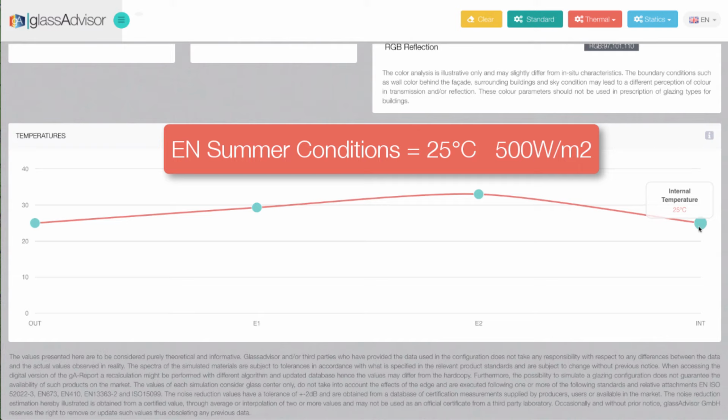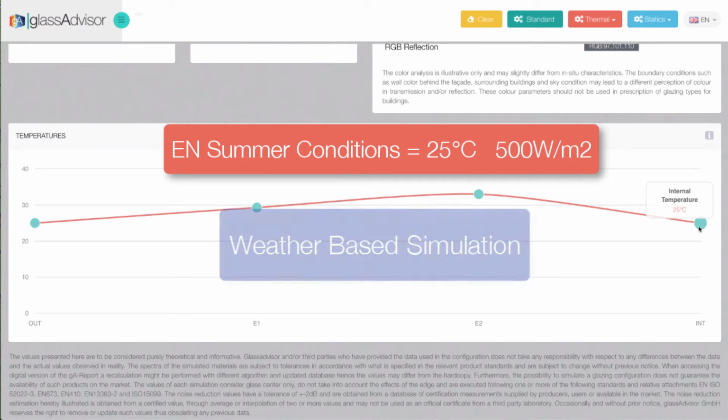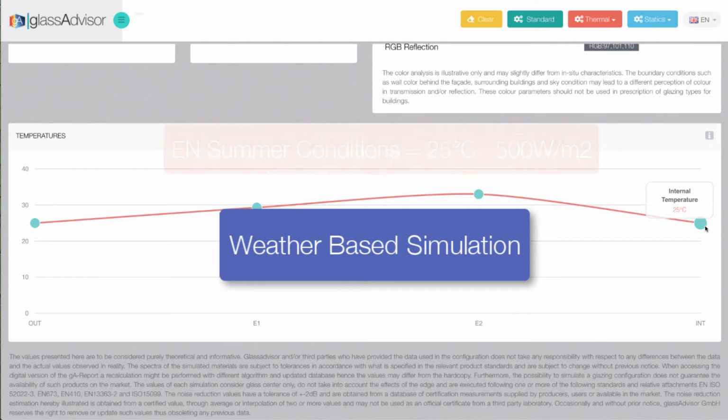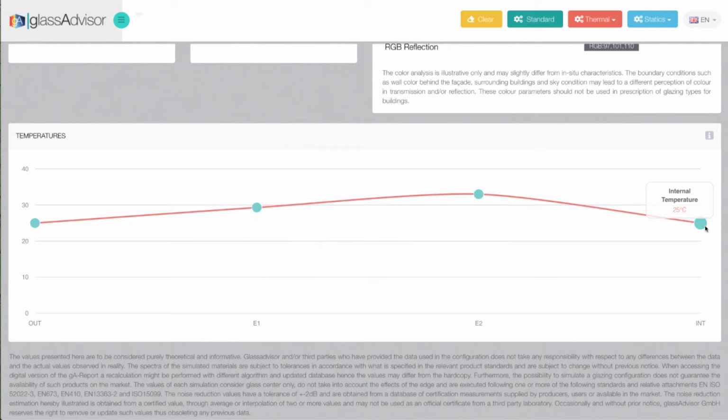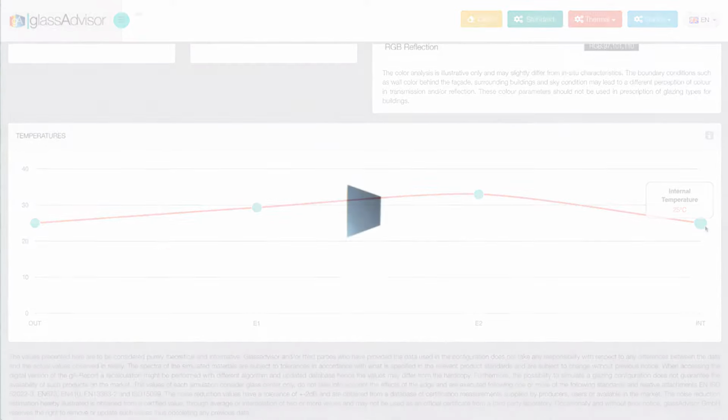If you want to know a little bit more about simulating with more realistic boundary conditions, which are based on weather historical data analysis, look at the video where we explain one of the features that we are mostly proud about: thermal simulations with weather-based data. In short, thermal simulation lets you obtain temperature of glass and perform glass plus shading simulations. But be aware that results might differ from standard glass simulation, so don't get surprised if you get a different thermal transmittance, for example. Thanks for watching and enjoy your simulations.